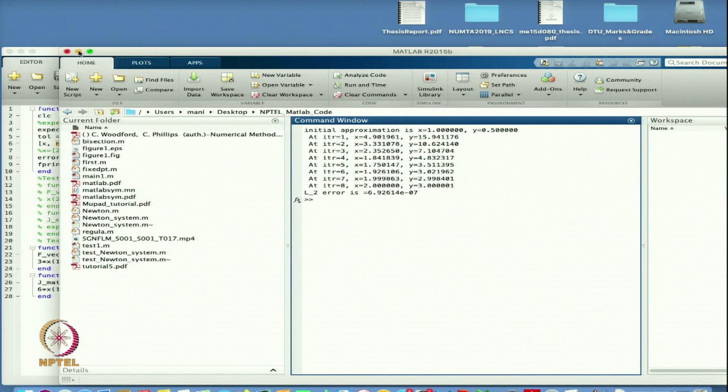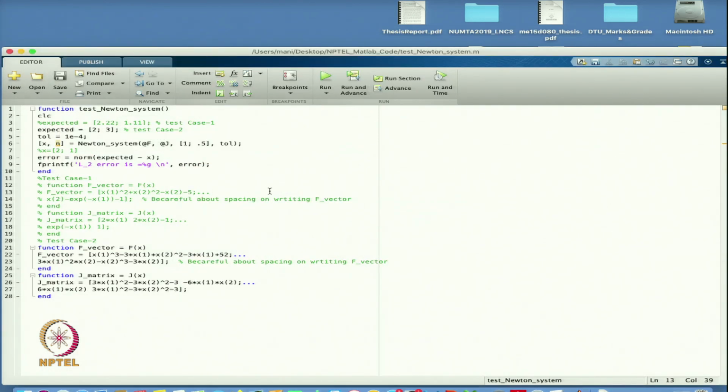So, in this way I can solve different equations. This is for 2 dimensions we have taken. Similarly, we can define for 3 dimensions. In that case my function here, this column vector, will have another entry. This is the first value, second value, and the third value we can define, and in the same way the Jacobian will change, because if I take three functions, then the size of this Jacobian is a 3 by 3 matrix. So, in this way we can find the roots of a system of equations. It may be 2 dimensional, 3 dimensional, using the Newton system method. We just have to change the value of the function here, and based on this program you can find the root of the equation.